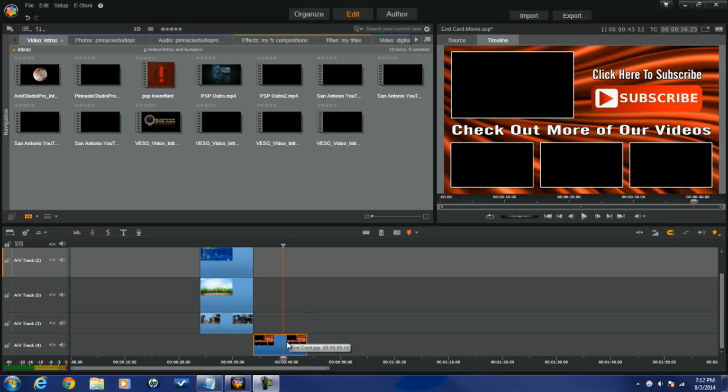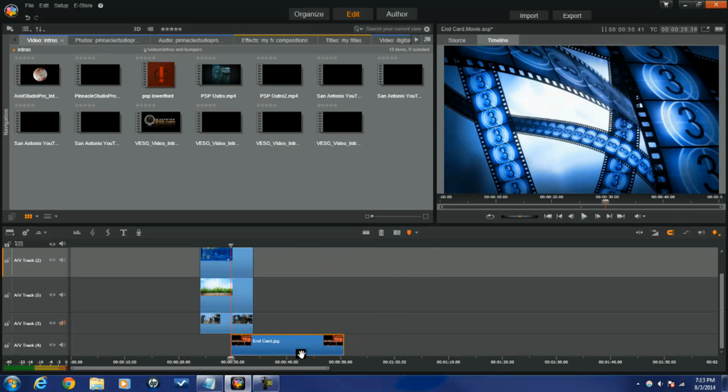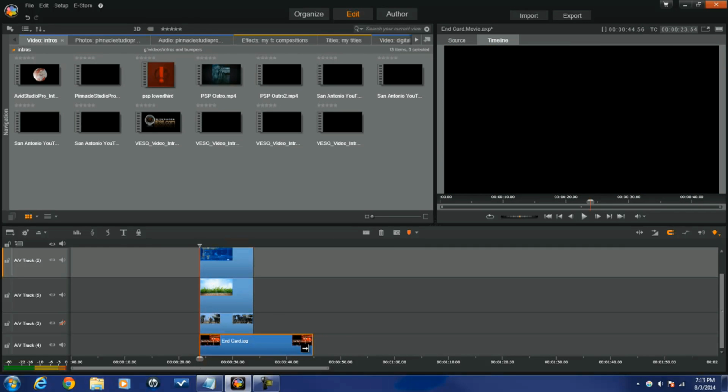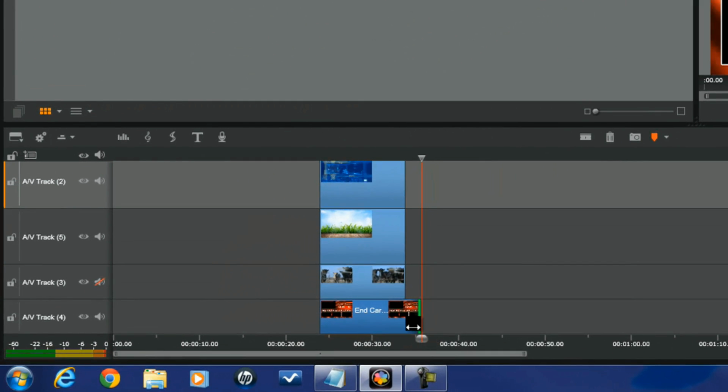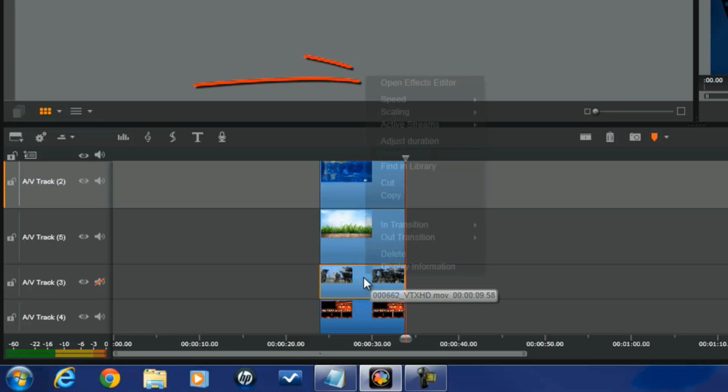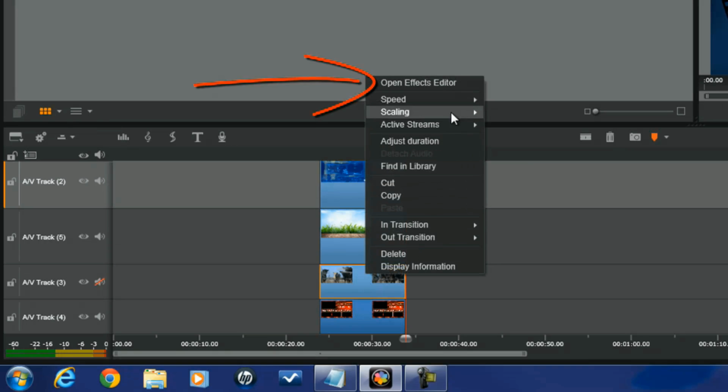Good thing about using a photo for your end card is that you can make it as long or as short as you need it to be based on what videos or photos you're going to be using in the end card. So I'm going to drag this underneath the other media and size it up here. Now, I'm going to activate the track or the video clip above the end card by left clicking on it. I'll right click on it, go to Open Effects Editor,